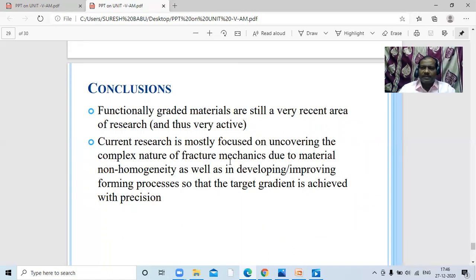What we can conclude is that to have a precise product, non-homogeneity has to be handled. Why? Because we are using a metal with a non-metal. Thereby, homogeneity has to be brought. A non-metal and metal cannot be mixed with a general technique.